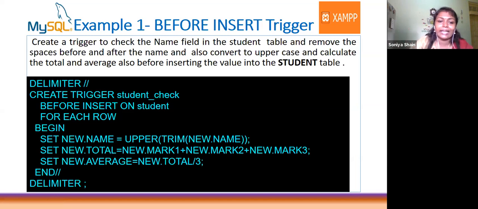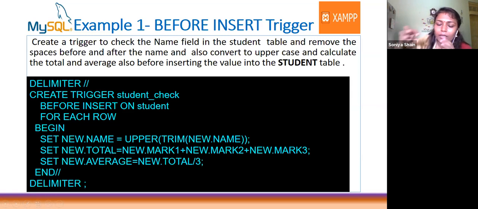So before that I am going to set NEW.name. As I told you, in the case of insert only NEW is there, OLD does not exist. So here, NEW.name: the data is not inserted yet, and before that I am telling that the new name should be changed to UPPER(TRIM(NEW.name)).